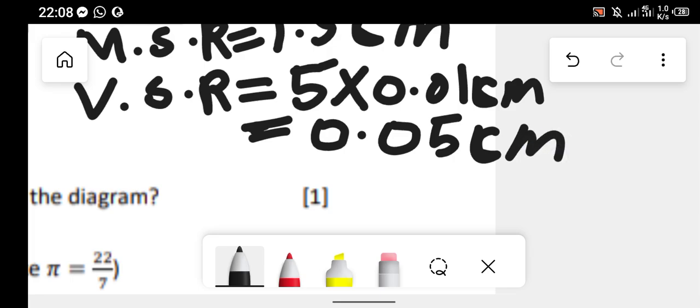Okay, so now after finding the main scale reading and the vernier scale reading, what do